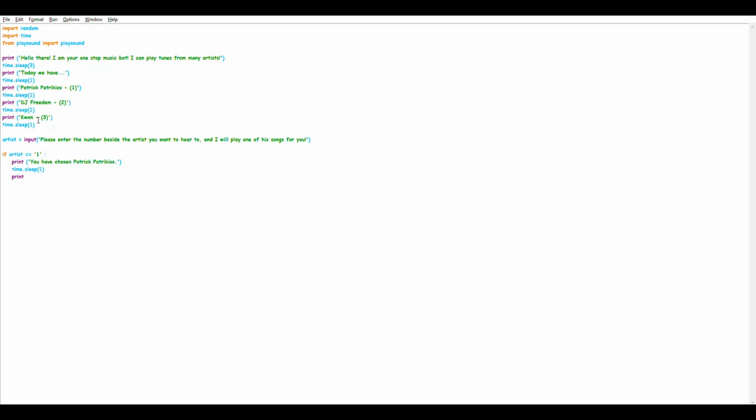So then print hold on, I am playing one of his songs for you. Okay, until here it was again printing for the user. Now let's get on with the computing.